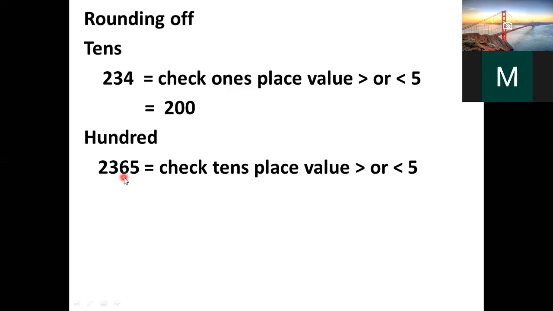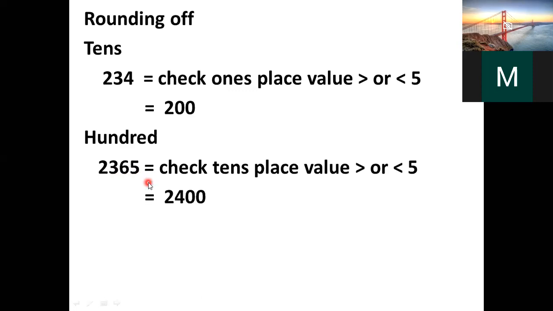Is 6 greater than 5 or less than 5? Yes, very good, greater than 5. So you have to add 1 to the 100 place, 3 plus 1 is 4. Next you have to put the value 0 in the tens place and ones place. So the answer is